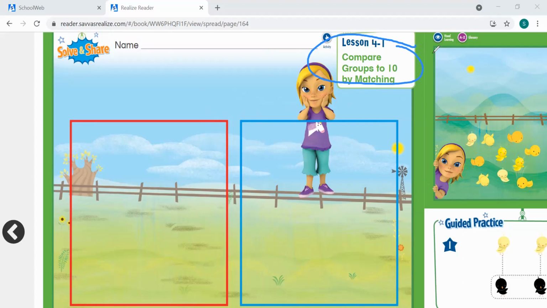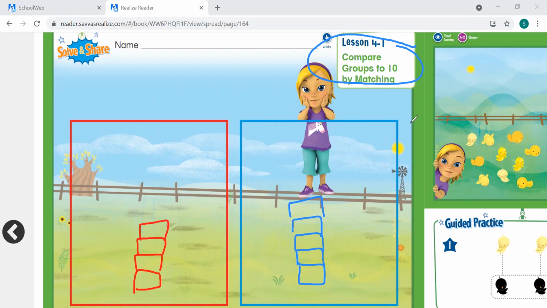Let's compare two groups of cubes. So here I have some blue cubes. I'm going to draw some. Now I have red cubes over here. And we are going to compare the two groups and see which group has more or which group is greater